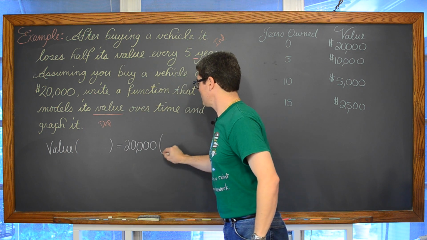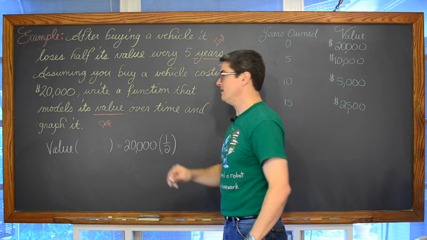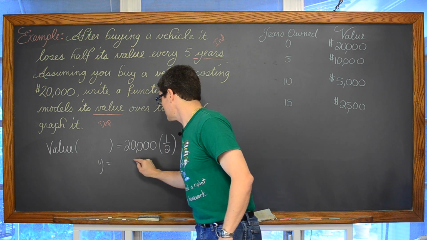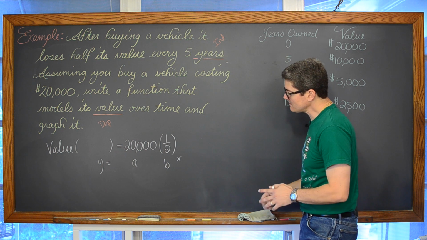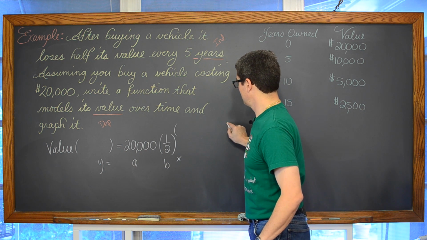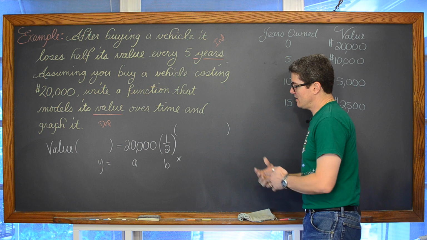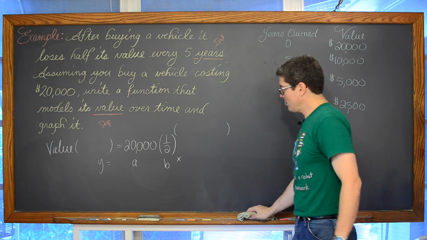We're constantly multiplying by a half. Okay, you see that y is equal to a, b, and now we're going to bring in some kind of x here. My x, which is going to be the independent variable, or represented my independent variable. Well,